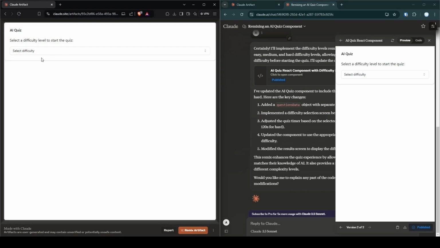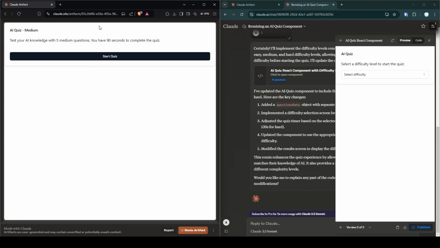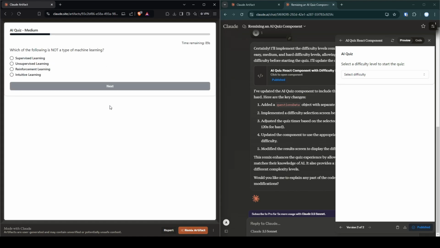There you go. I was able to see the exact component in this particular user. It's still the same and I can still remix the artifact. And you can see the collaboration feature here. We can share it to our friends. We can remix the artifact, do some changes, be creative, even make this into a whole app or quiz if that's your thing or that's what you want. I will create a video for that later on.